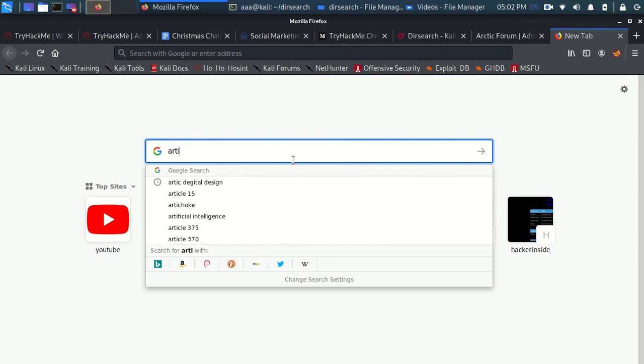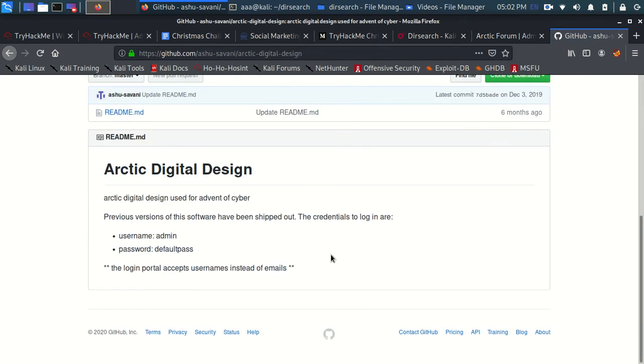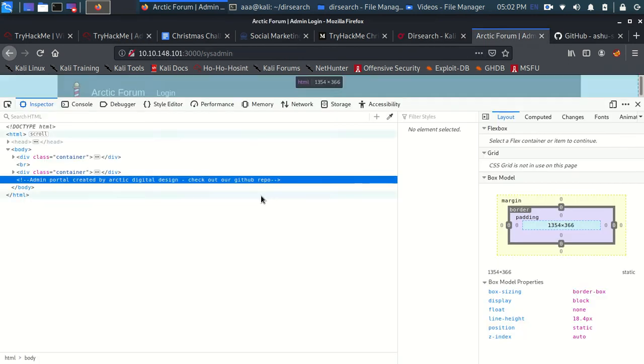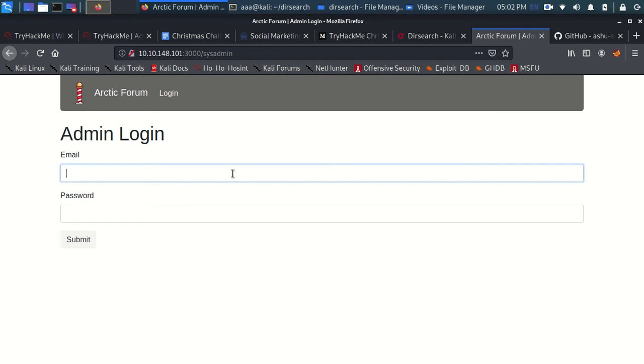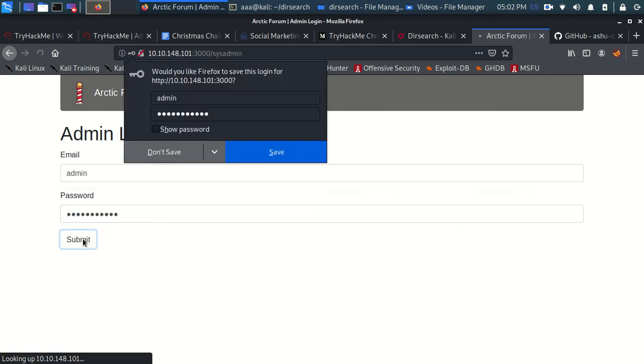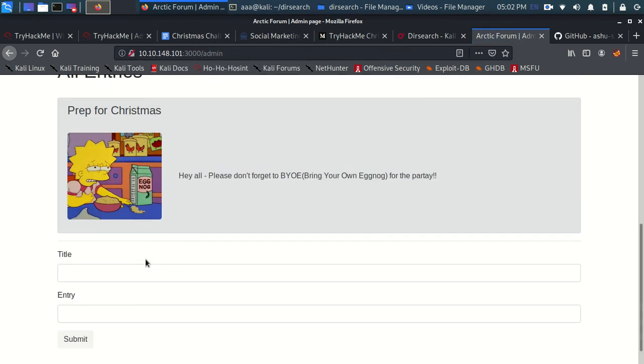So let's go to Arctic Digital Design, and I see a GitHub repo, and I got the username and the password. I'm going to copy the password right here, and as you can see, this is the password I found, and you have completed the second question. The email was admin, and the password was this one which I just showed you, the default password, and yes, you are in.